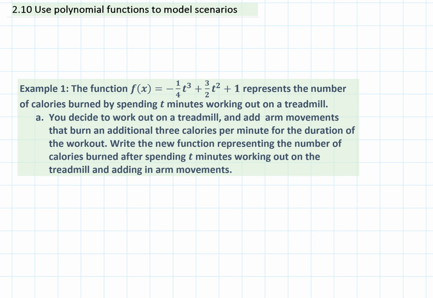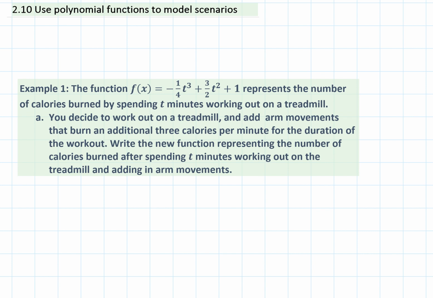Today's goal is to use polynomial functions to model scenarios. Let's take a look at our first example. The function f of x equals negative 1/4 t cubed plus 3/2 t squared plus 1 represents the number of calories burned by spending t minutes working out on a treadmill. You decide to work out on a treadmill and add arm movements that burn an additional 3 calories per minute for the duration of the workout. Write the new function representing the number of calories burned after spending t minutes working out on the treadmill and